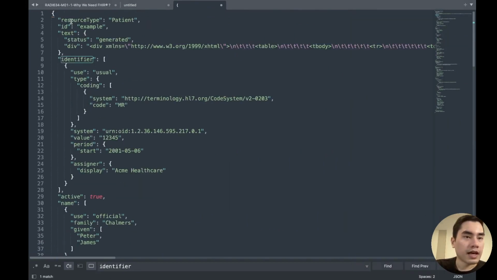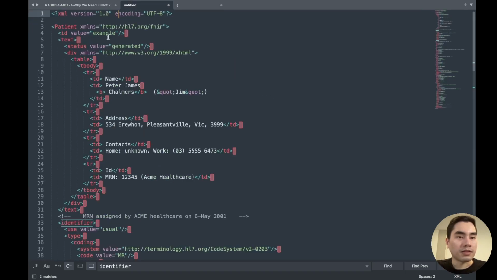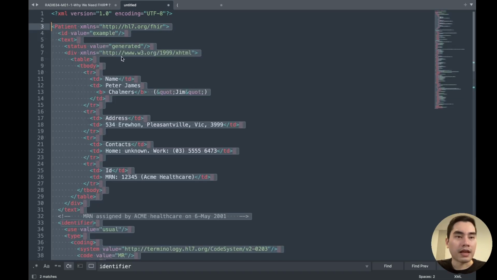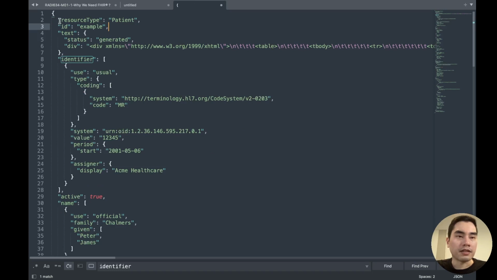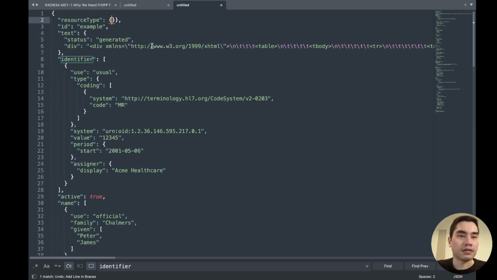So you will see that the first element is at the same hierarchy as other elements, because if you see XML, this one is the root and everything is a child of this item, but in JSON, resource type is like this. It's not that you have patient like this, and then everything is a child of that object. So this is the first difference.